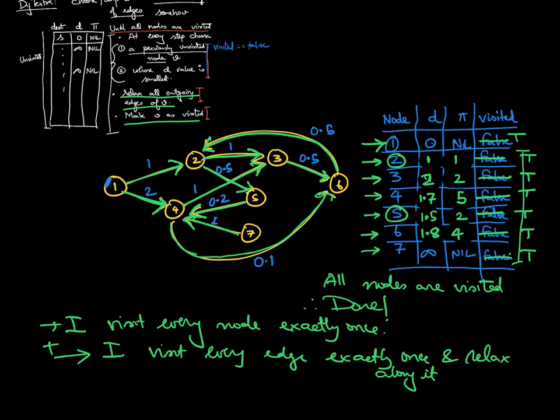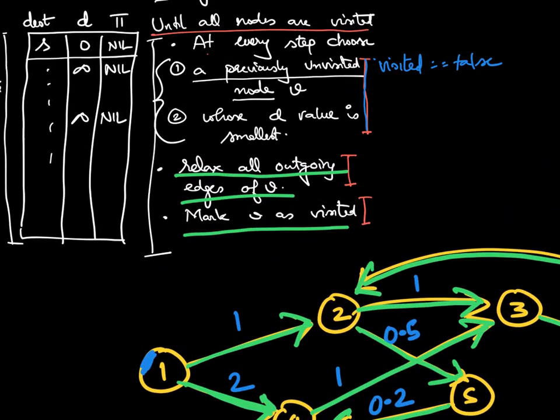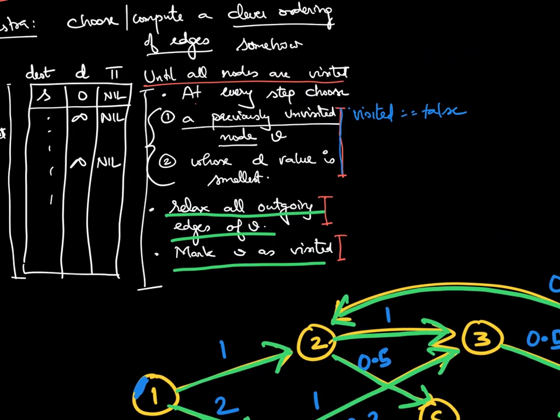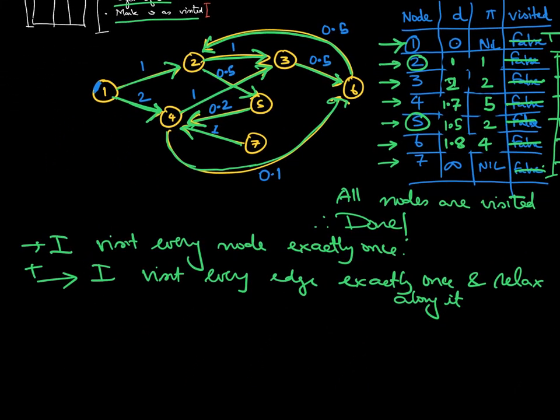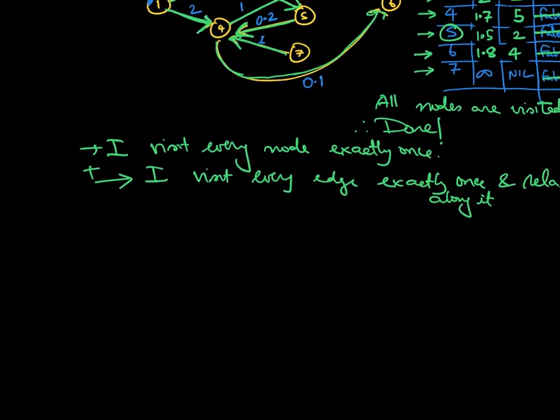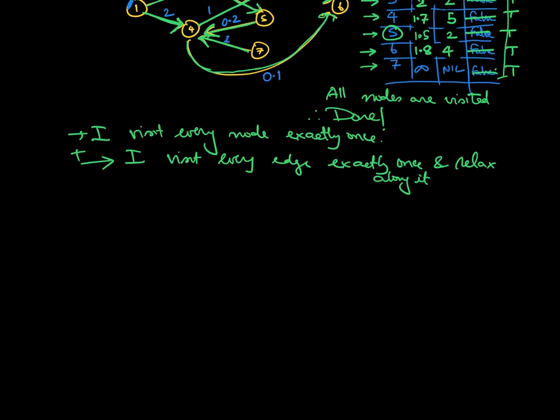But there is a key step. What do I need to do? At every step, I need to find a previously unvisited node V whose D value is the smallest. So I need to go through all the nodes and choose the one whose D value is the smallest. How do I do that? Is there a data structure that we have learned so far? A data structure